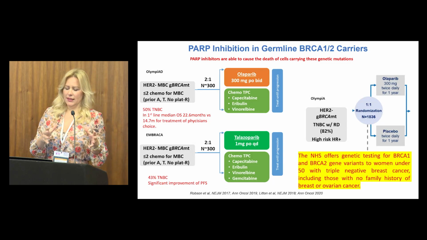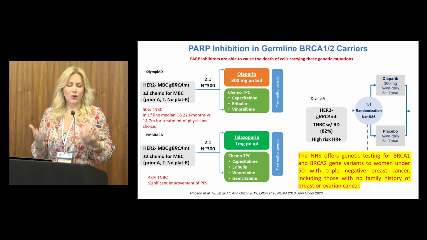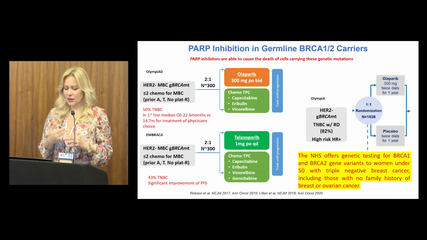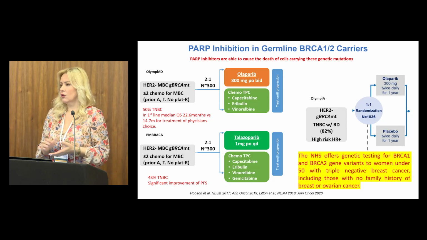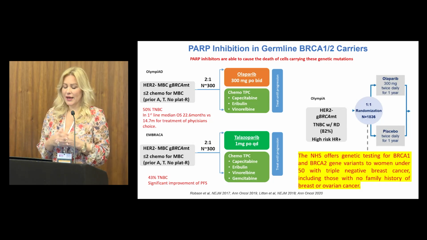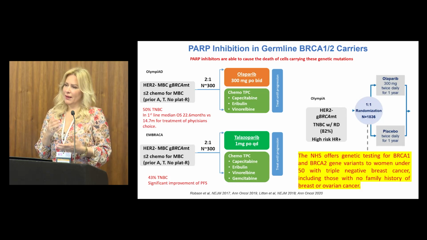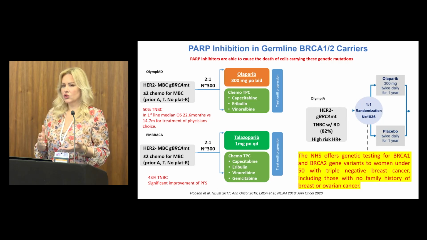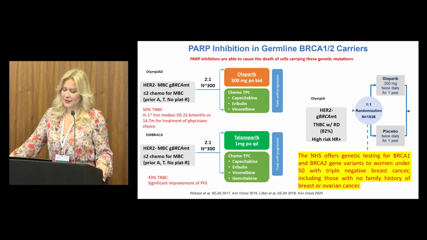Other than these fancy drugs with these new mechanism of action, which are called antibody-drug conjugates, we have the PARP inhibitors, so olaparib, talazoparib. These are drugs that the patients who carry a BRCA mutation, whether this is BRCA1 or BRCA2, are definitely eligible to have access to very early. And we do know that, especially with olaparib, there was a benefit not just on the duration of how long they remain progression-free,